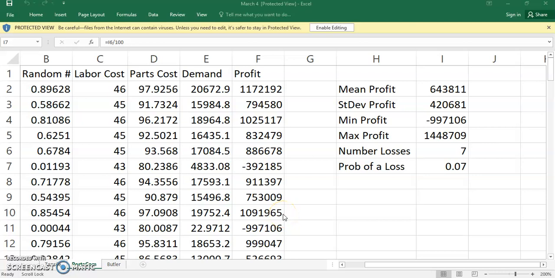Okay, so this is the Excel portion of that PortaCom project. So what I've done, I'll walk you through the spreadsheet. So the first thing is in column B,